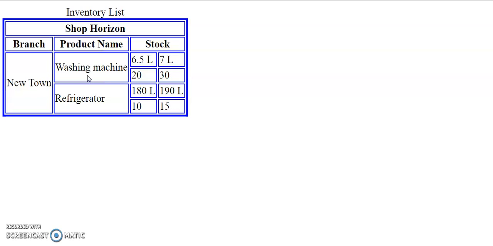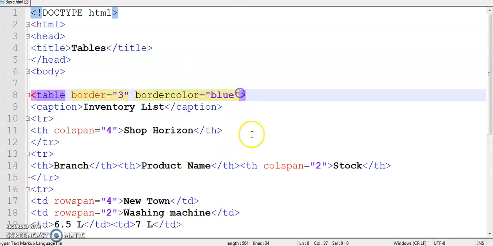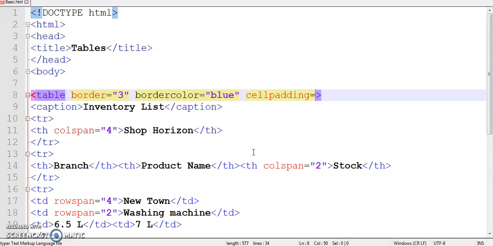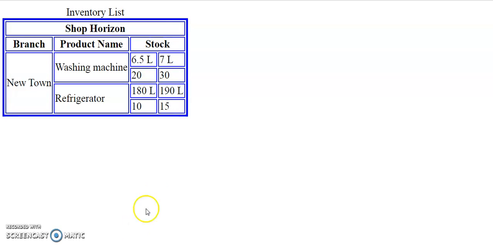So if you want to add some extra space between the border and the content, you have another attribute of the table, called cell padding. So I am providing a value of 10. The higher the value you provide, the greater the space between the cell wall and your content.